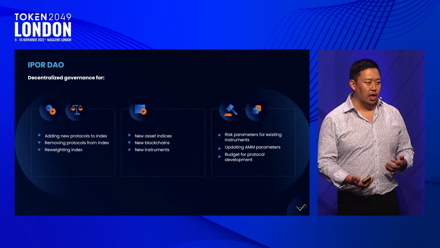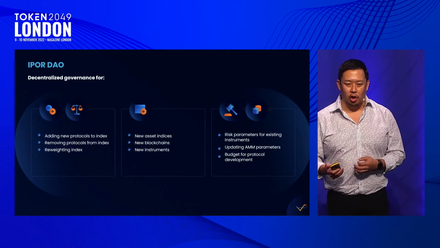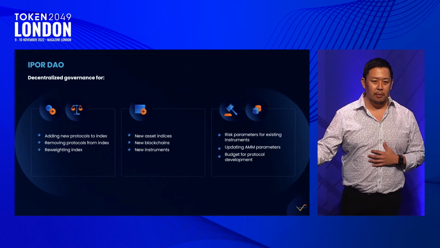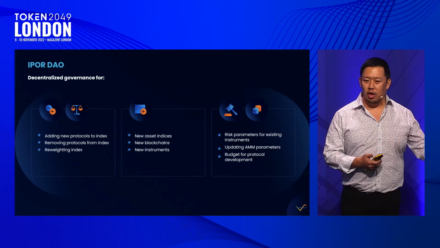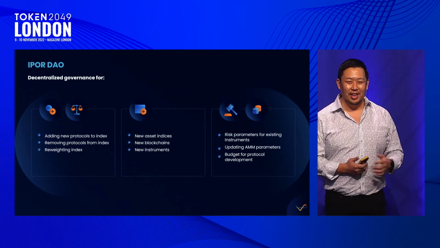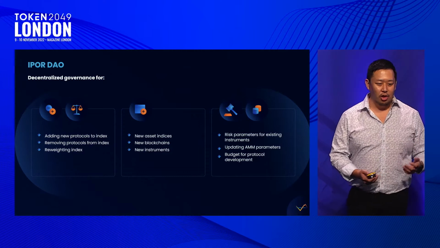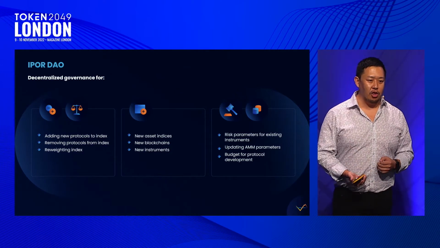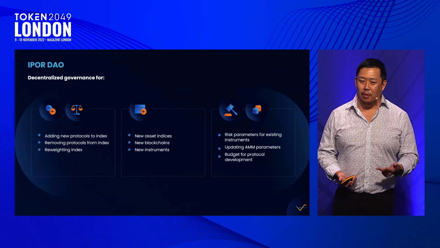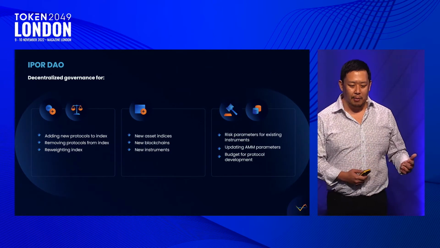So in the case of a large hack, how would you remove a rate from the protocol? How would you actually have this protocol go cross-chain and ingest rates from different money market protocols on another chain, for example, outside of Ethereum, on Avalanche, on Algorand? I mean, this is something very interesting, a great case for decentralized governance. How do you reweight the index? You know, how do you actually spin up a new index? So right now there's IPOR rates for USDT, USDC, and DAI, but maybe there will be a new stablecoin that rises up that has entirely different rate dynamics.